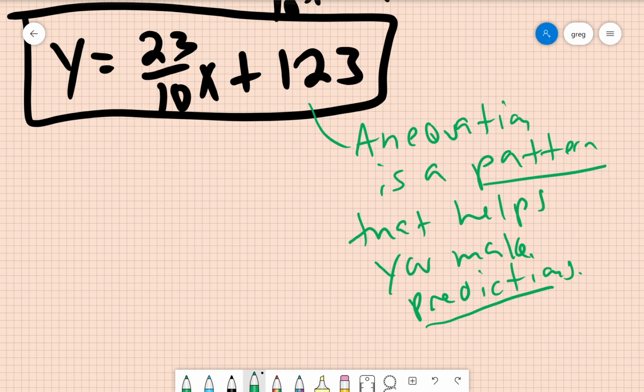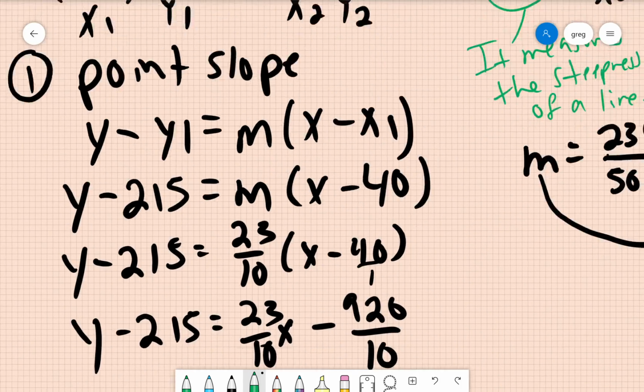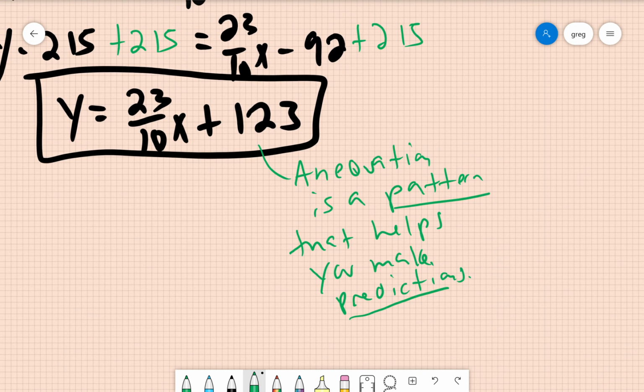So that's what we're trying to make, these equations, because we're going to start making predictions with our data, with our car and ramp in a little bit. All right, so this was through point slope form. Let me finish saving this, and then I'll do the other one, slope intercept. We can probably take a break, and then